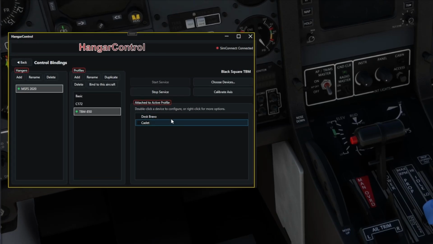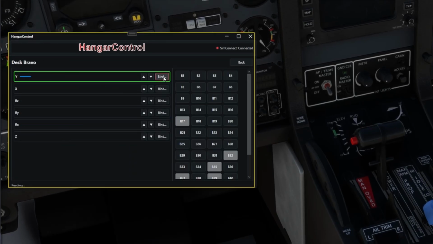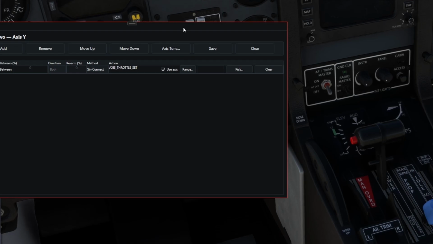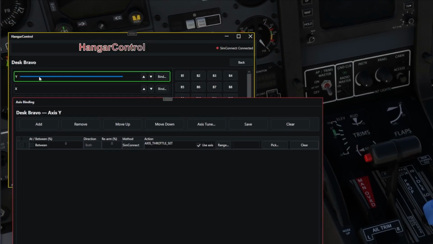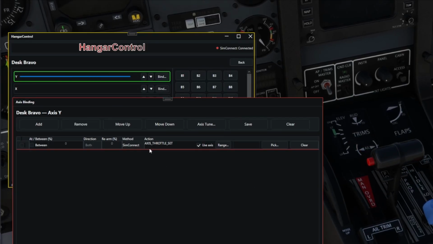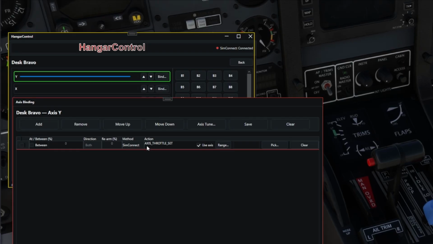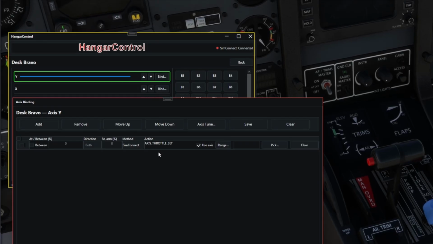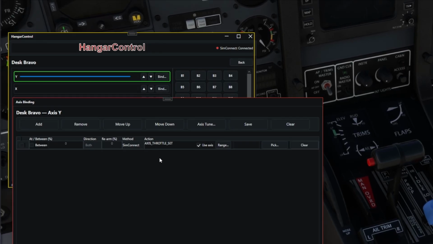I did this on purpose so that you guys could see this. Okay, if you notice, our axis needs to be inverted. But the bigger thing is, look at the fact that it's only moving about halfway. For 99% of the situations in Microsoft Flight Simulator, when you see axis underscore anything, what it is interpreting is